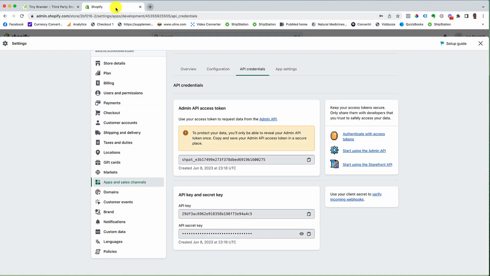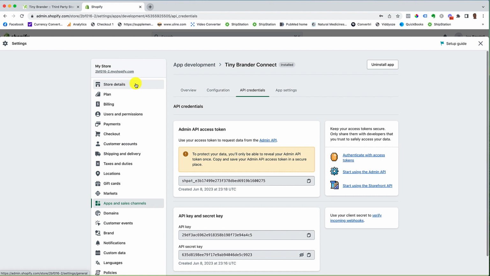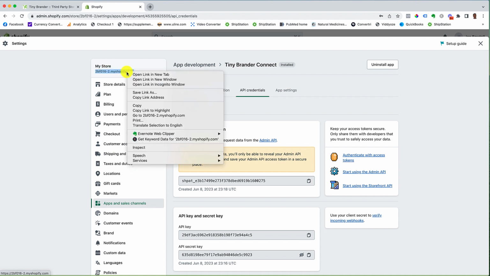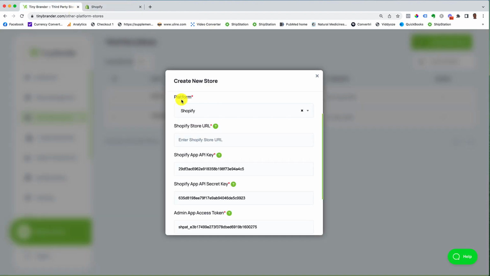Then once again back to Shopify, and then we reveal the API secret key by hitting the little eyeball, and then we hit copy again, and then we go back to TinyBrander, and then we paste it in to the secret key area right there. Now the only piece of information we're missing now is the shop URL. So we go once again for the final time back to Shopify, and we go here to the top of the settings area where it gives you the shop URL, and we can just control or right click on that and copy that address, and then go back to TinyBrander and